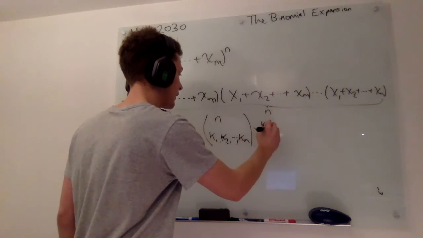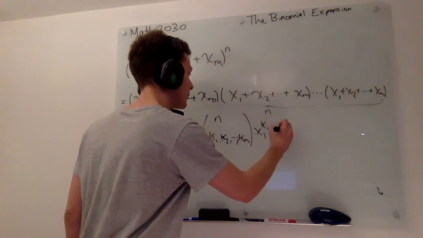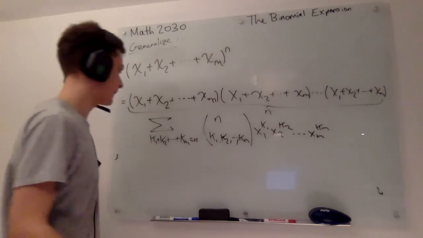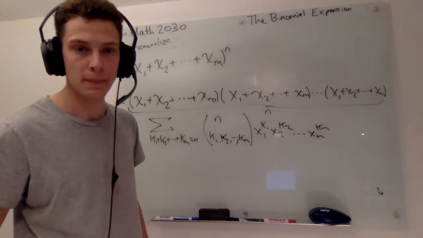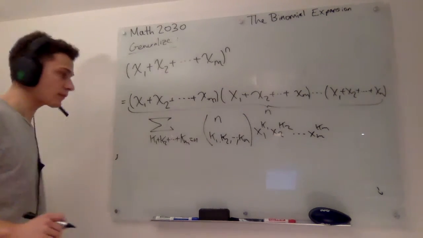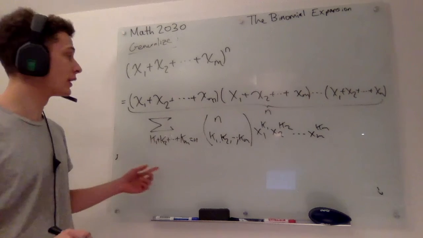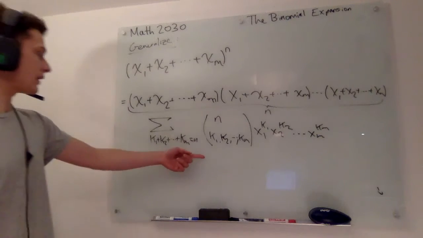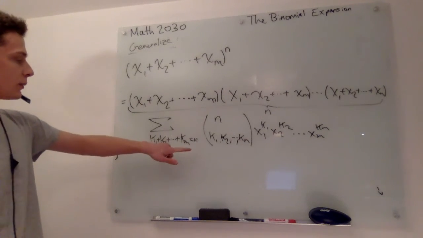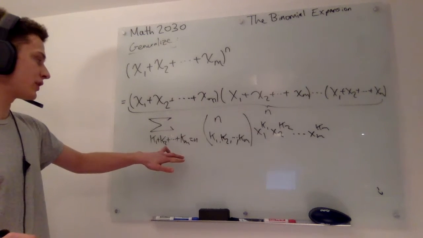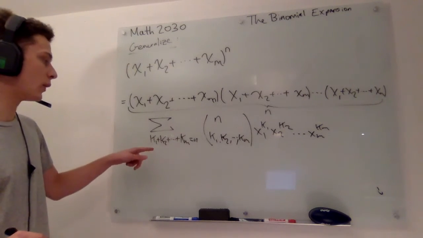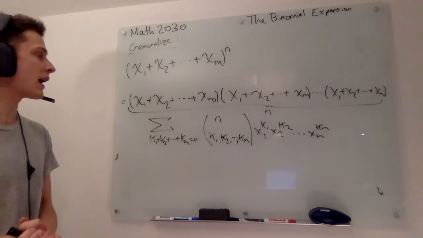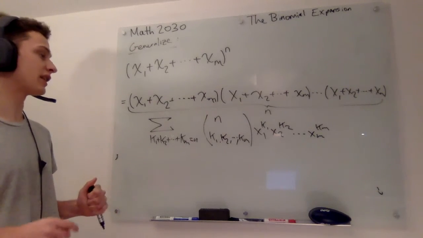Times x1 to the power k1, x2 to the power k2, all the way to xm to the power km. This, in fact, will be our generalized formula for multinomials to an arbitrary power. So what we're looking at here is every possible non-negative solution for non-negative k1 through km, all summing to equal n. And in fact, if we wanted to know how many terms we had in our expansion here,